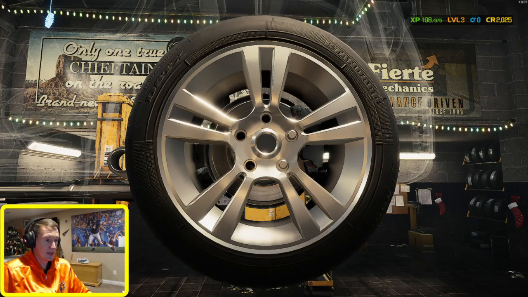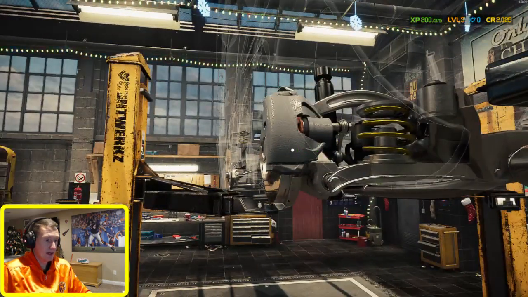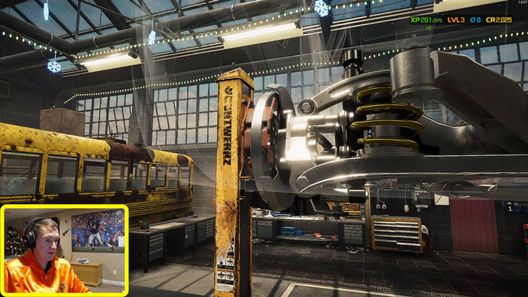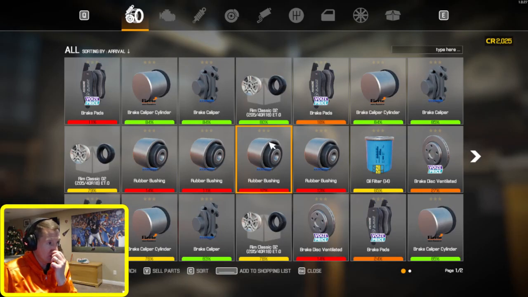Pop off the bolts. There we go. And we'll take off the caliper, and get off the brake pad. Okay. So now if we look at our inventory,